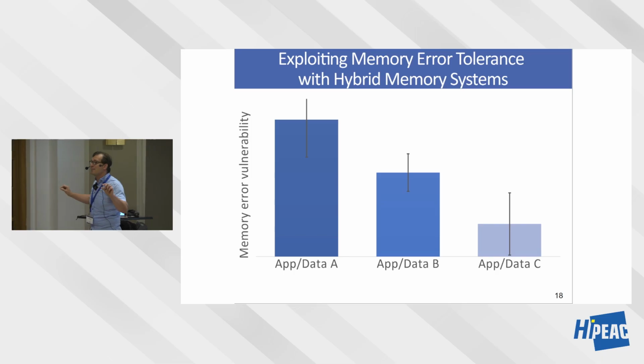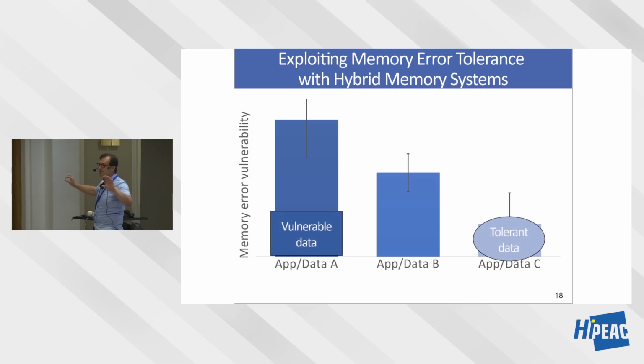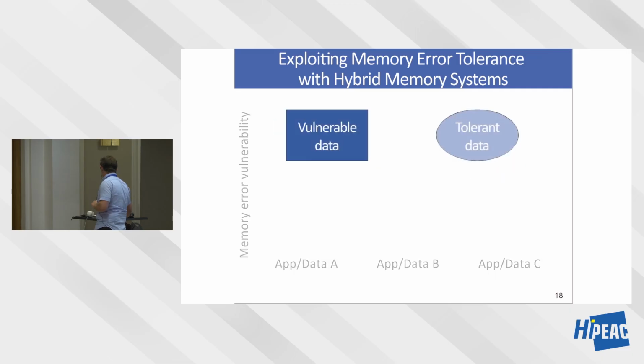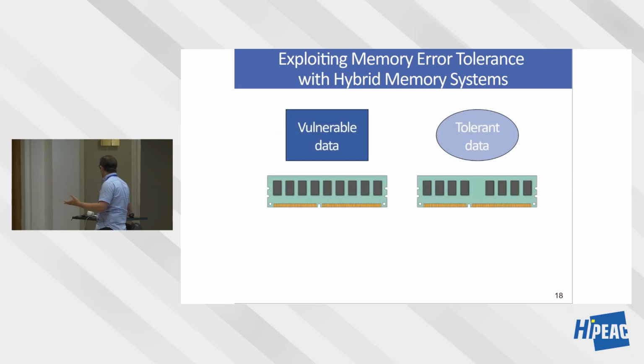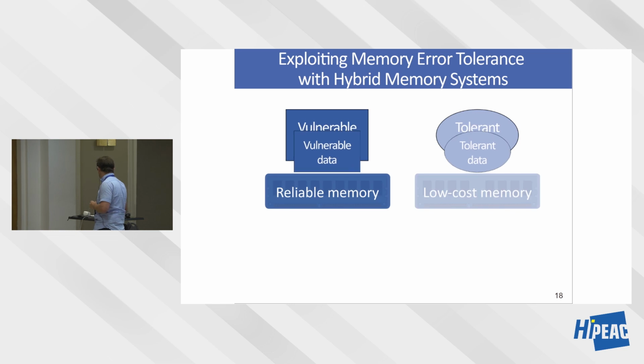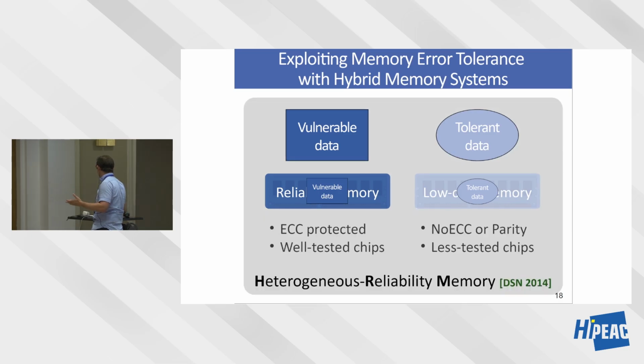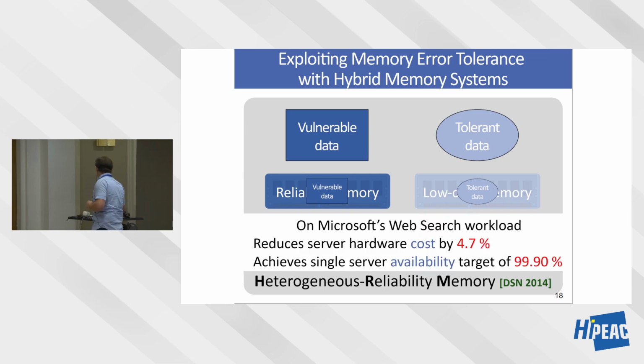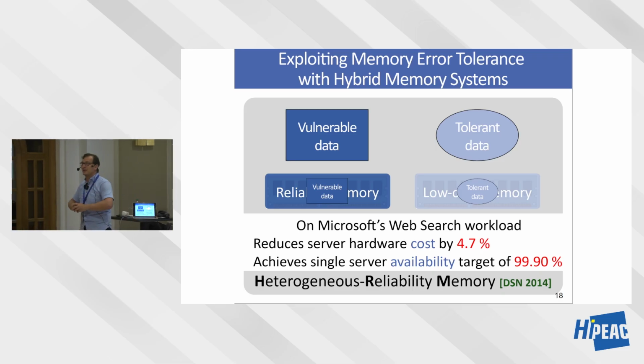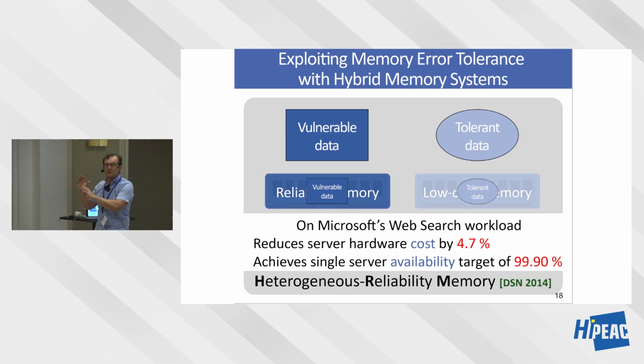So if you can characterize your application data in terms of its vulnerability to different faults in memory, and this could be a continuum, of course, from vulnerable to tolerant, then you may actually treat them as different and allocate them to different memory devices. For example, one memory device can be designed for vulnerable data. It could be extremely reliable, very high cost, potentially. It could be very well protected, well tested, etc. Another memory device that houses the tolerant data can maybe be not so well tested. It could be huge in terms of capacity. It could have all types of issues like RowHammer, for example. We call this heterogeneous reliability memory.